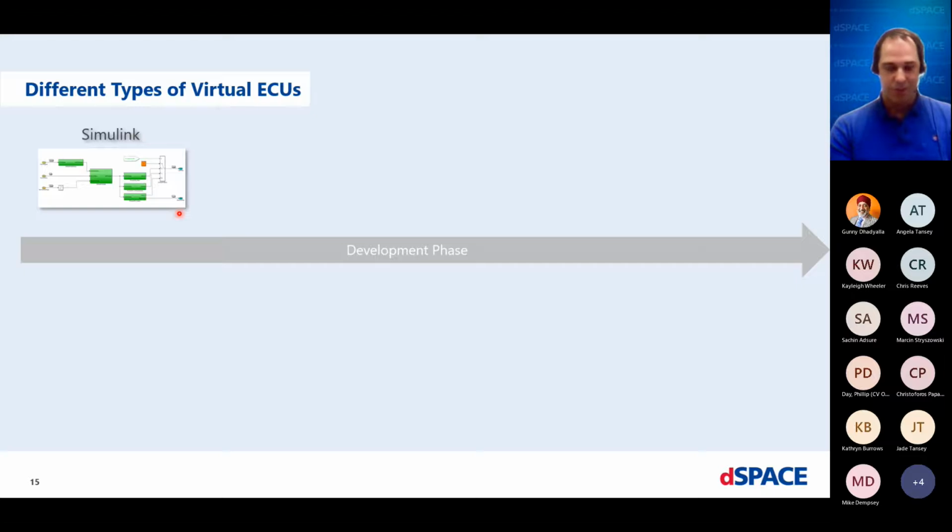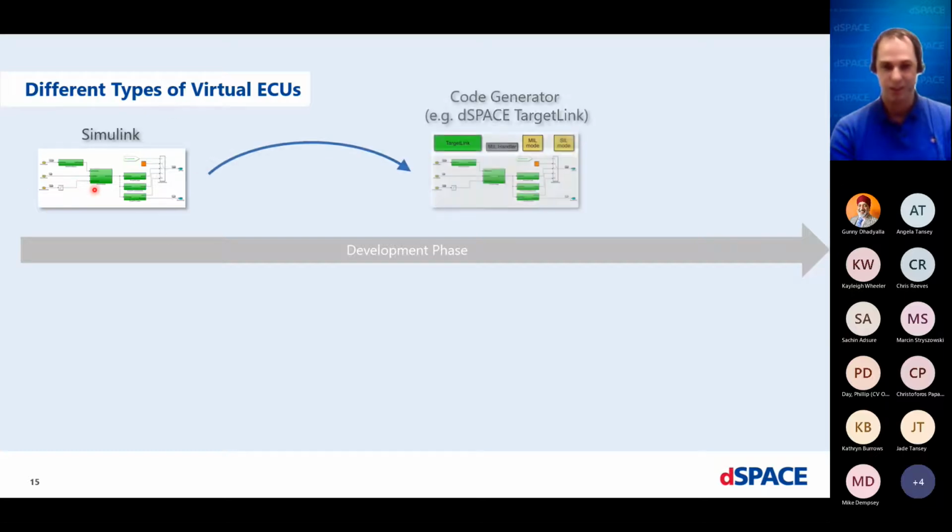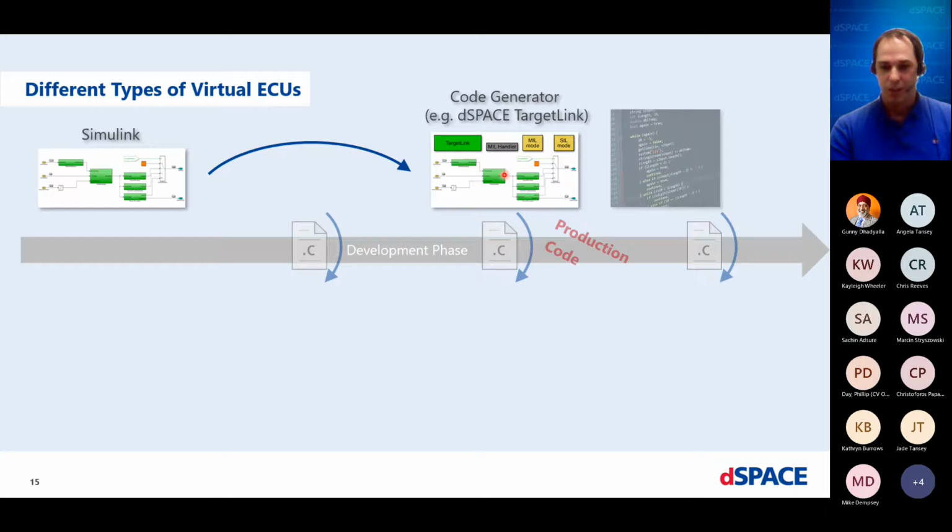During the development phase, you can use different tools to achieve these different tests. Simple is, let's say you're developing in Simulink, you just run the Simulink controller function you want to test directly in Simulink and you can do your first test there. Then you may want to skip into real code. You want to generate production C code for that. So you could use a production code generator, for example dSPACE TargetLink or any other, and generate your optimized C code. And last but not least, you